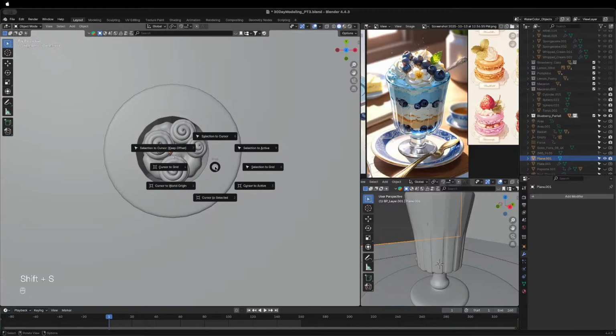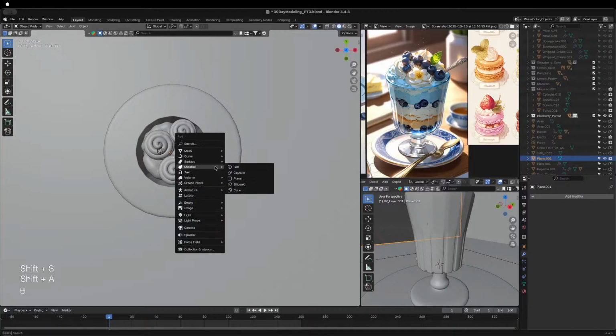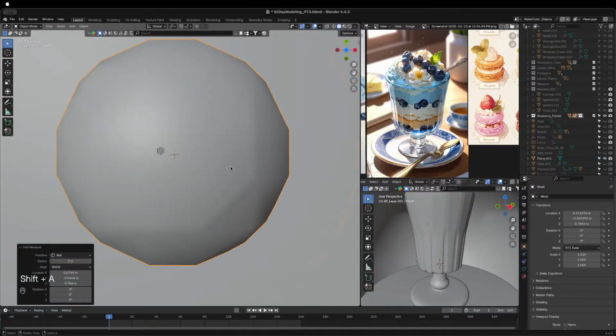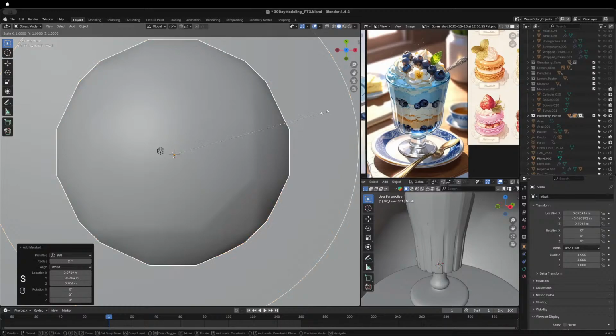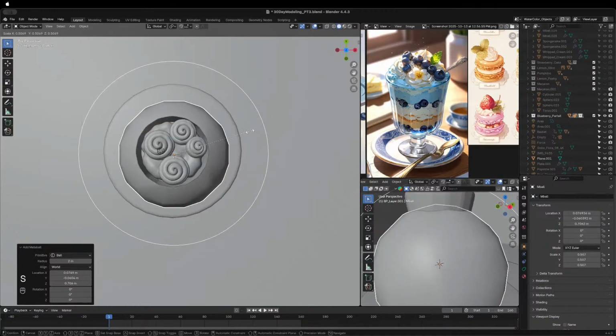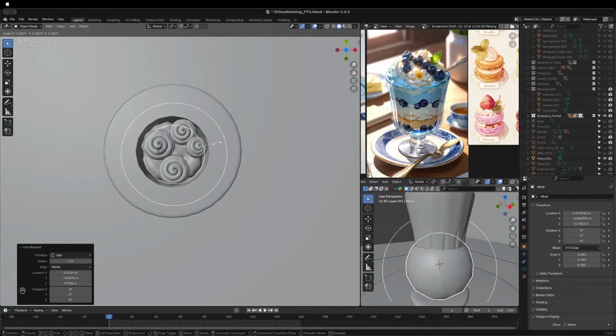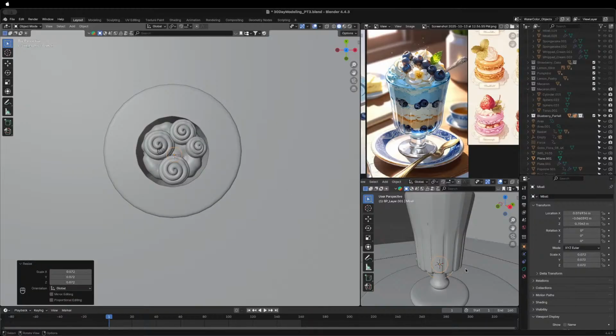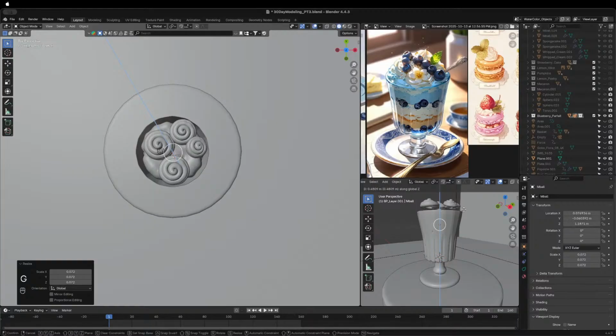And then I'm going to shift a metaball. And I just want it like right